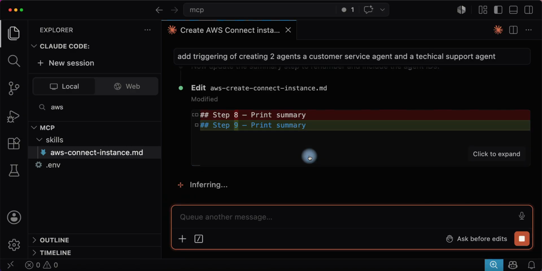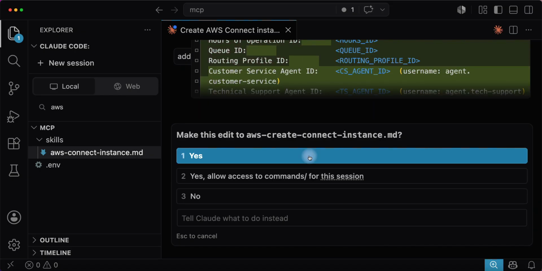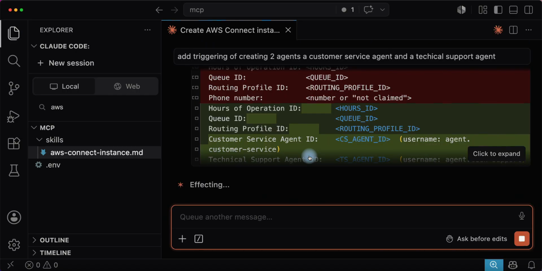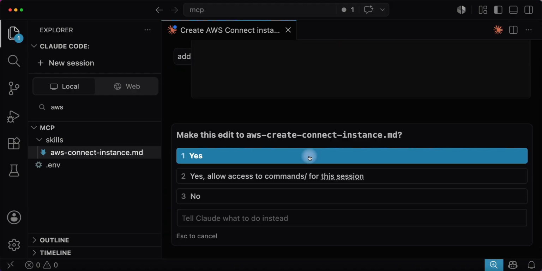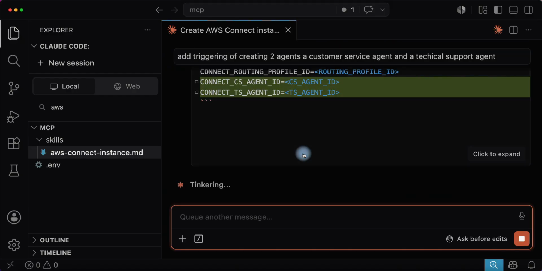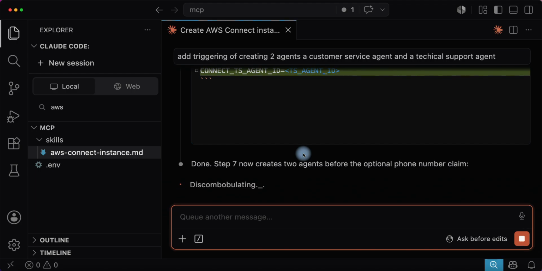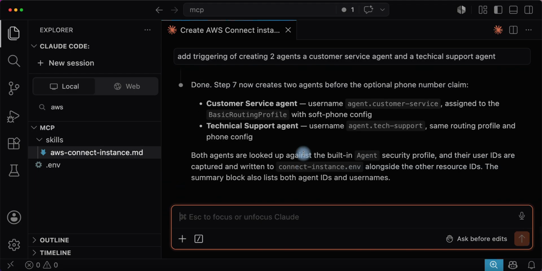Okay, there's a couple of things that bother me a little bit. The environment file, I want it to just be env. I want to use the proper environment variables to run the skill. So I want the skill to